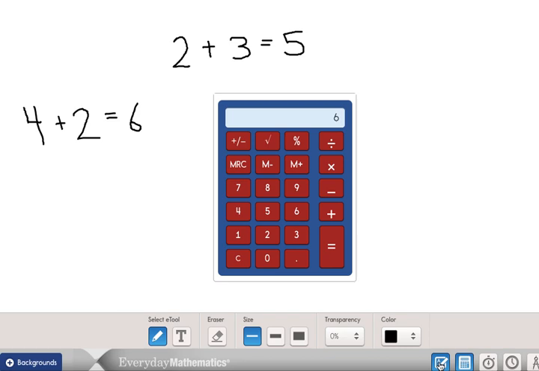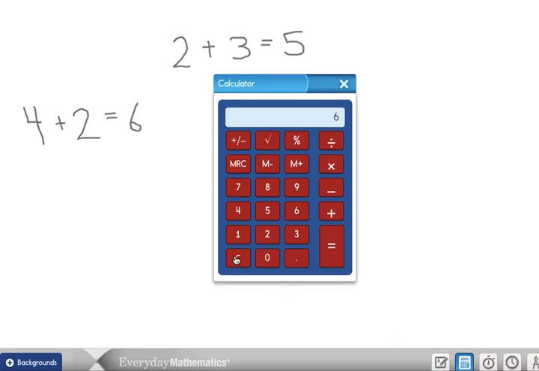All right, so as you practice on your calculator, you can write the number sentences to go with it around the calculator. I'm going to clear this now. And really the only button I want you to be exploring is this plus sign. I mean, you can click on the other ones and see what happens, but when you're doing your number sentences, so far we've only been talking about addition. So I want you to practice